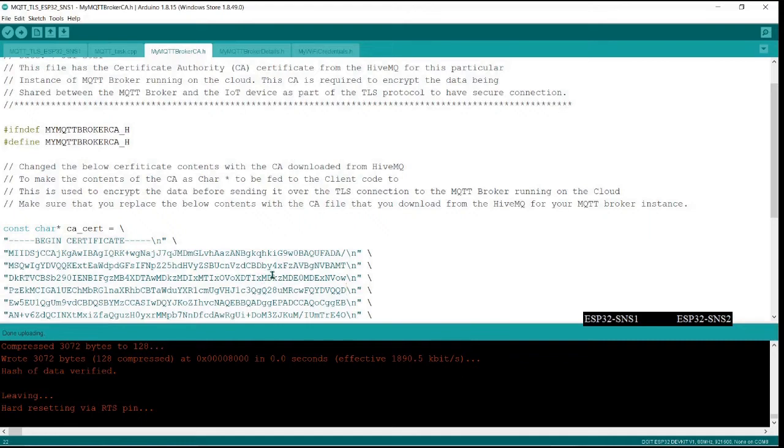If it is not matching during the encryption, then the broker will not be able to decrypt it, because the broker is going to use the same certificate which it has given you for the particular instance of the broker running there. So you have to make sure that this certificate is also updated and given here.